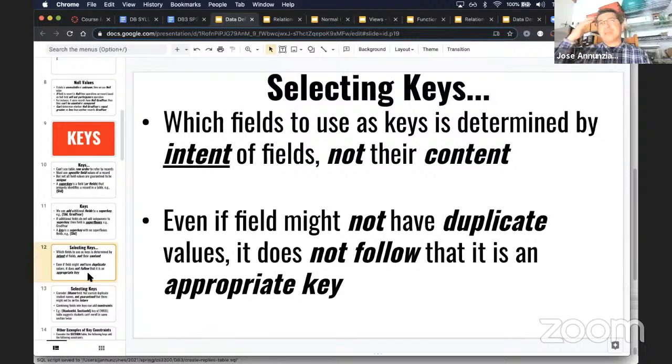But somebody who knows more about last names or first names might conclude that no, actually a last name is not a good choice, because we just got lucky that the data set they gave us didn't have any last names repeating. Certainly it doesn't scale very well with a more realistic data set. So you should not use the content to conclude whether a key is a good choice or not. Instead, it should be the logical understanding of what that key is and how it combines with other fields in your records. Okay,